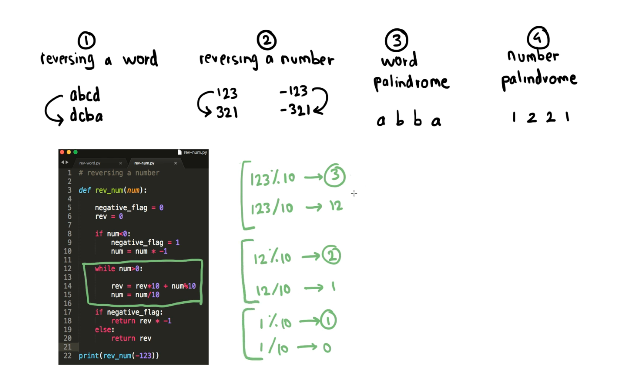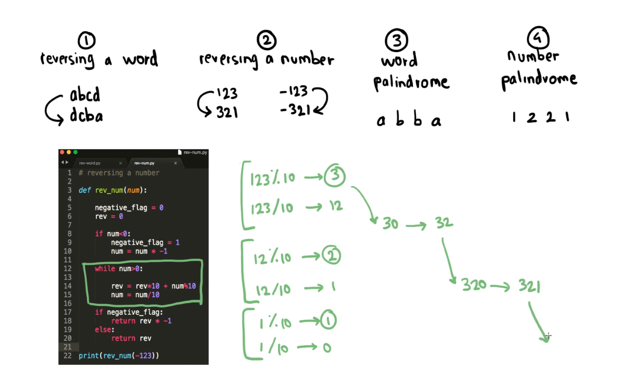Okay, and after the first one, if we multiply 3 by 10, it's going to be 30 by the time it comes here. So 30, and then we add 2 to it, so it becomes 32. Alright, and by the time this 32 comes to the third iteration, it's going to be 320 because we multiply by 10 in each iteration. So once we have 320, we simply add this 1 to it and it becomes 321, and then